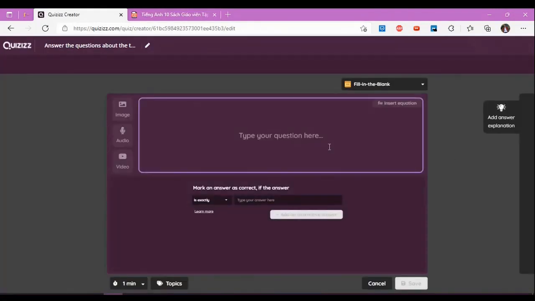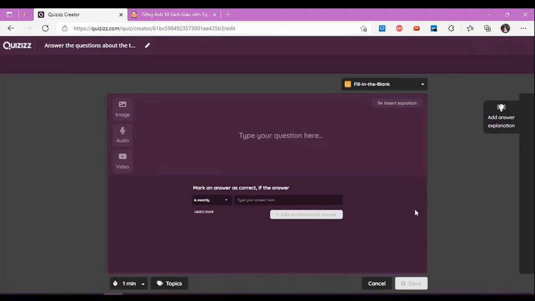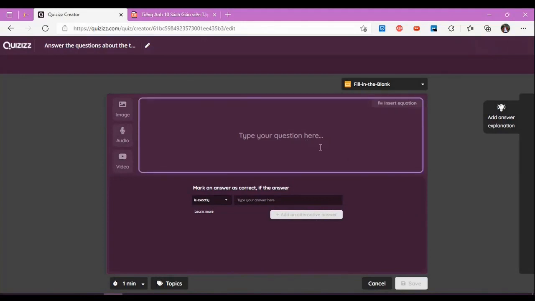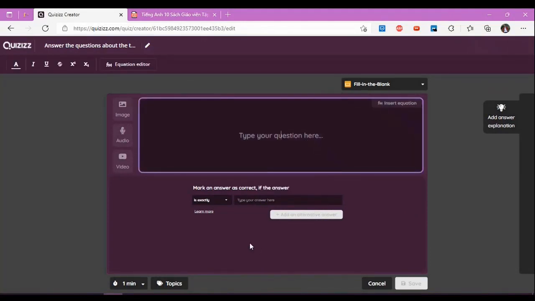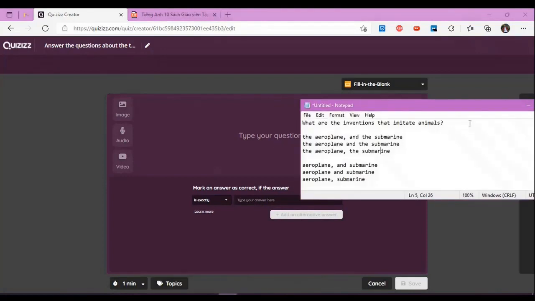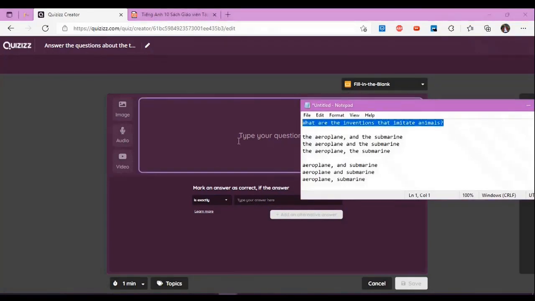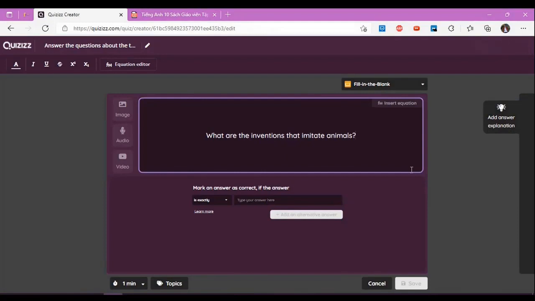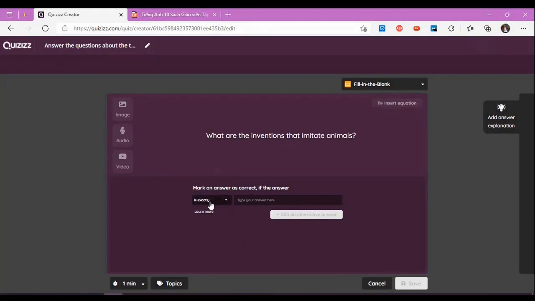In this case, we would need to choose fill in the blank because these questions are non-multiple choice questions. So hit on that. And then at this page, I would strongly recommend preparing the question and answers in advance, just like I did. So I'll copy the question into this box. Here, remember to choose Contents because you would only expect the core content or the core answer from the students only, not anything around that.